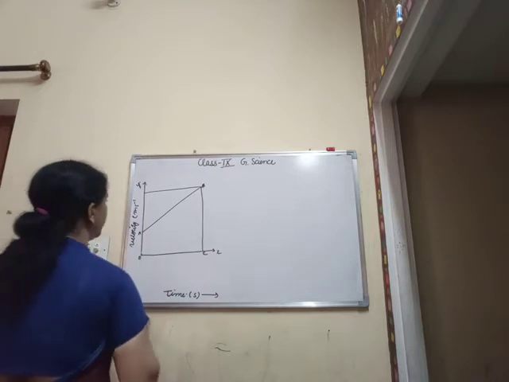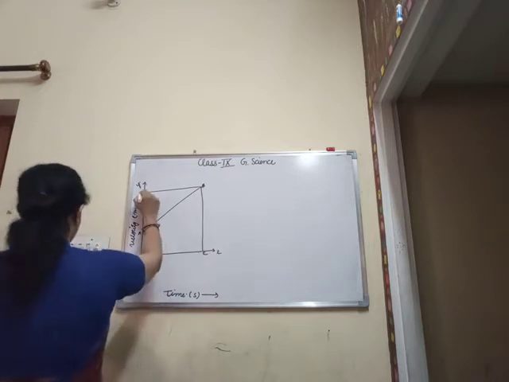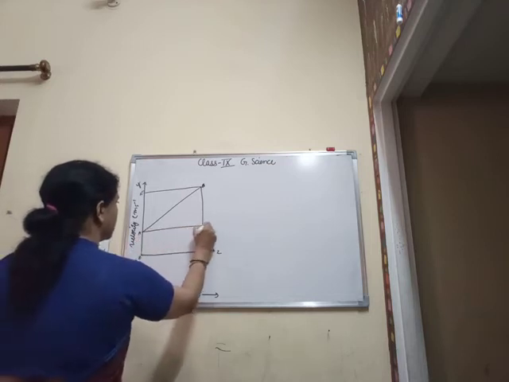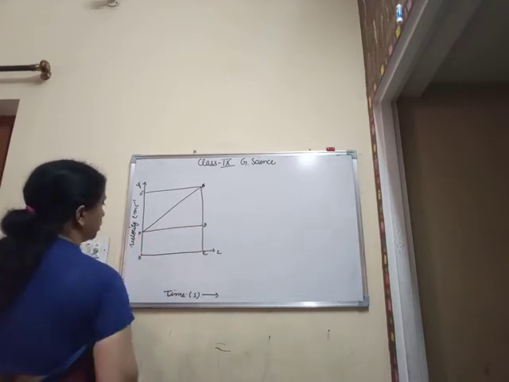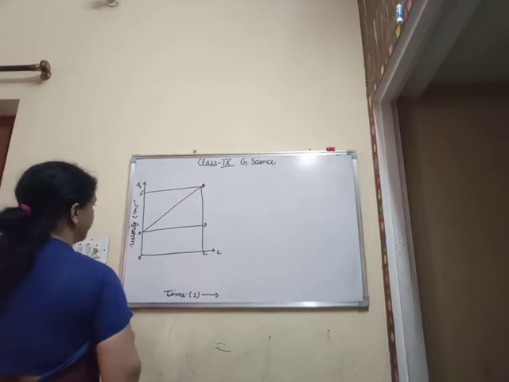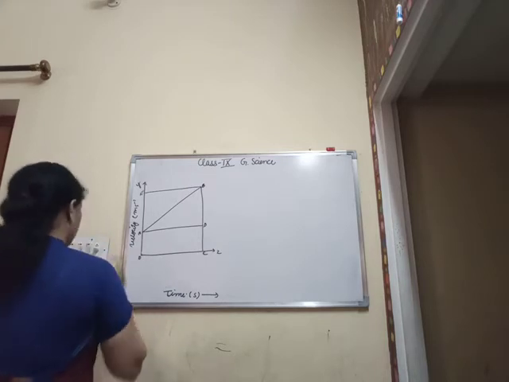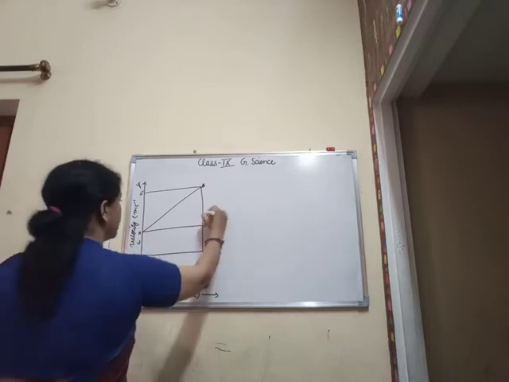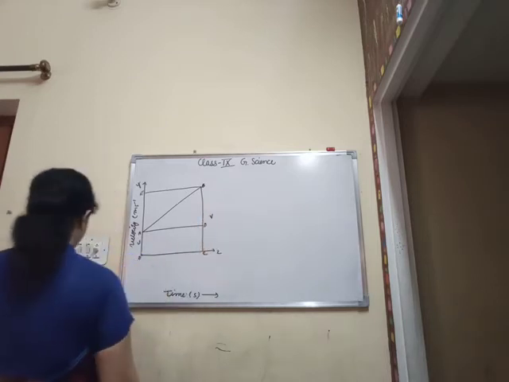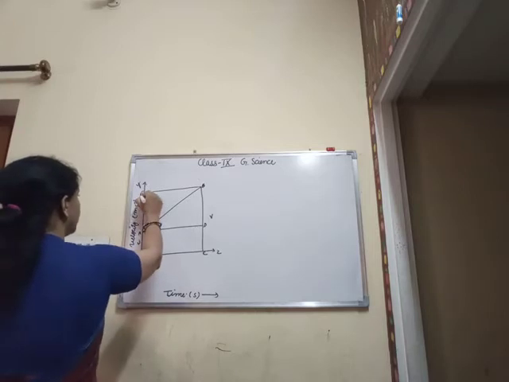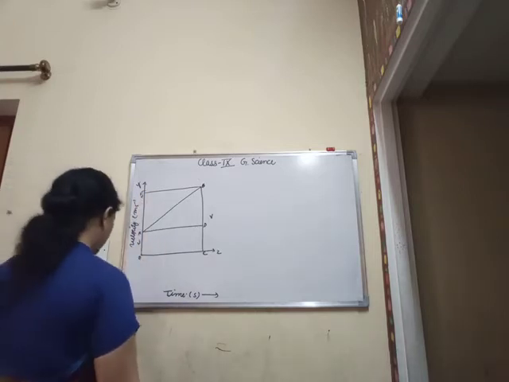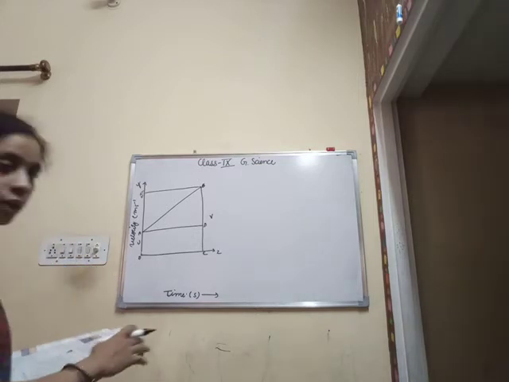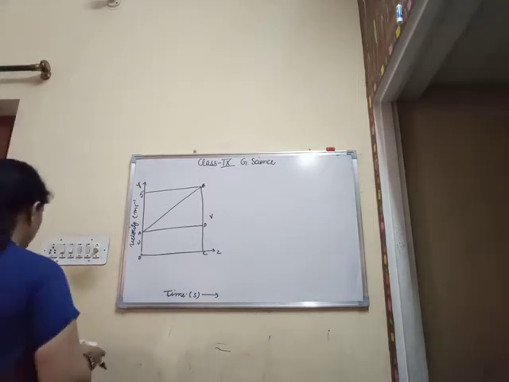Okay, so what happens is that this becomes the E point, this is D point. One parallel we have taken, BC against OC. Okay, then this is representing the initial velocity, and this whole is representing the final velocity, or we can say this is also representing the final velocity, and this of course is representing the time. Clear?